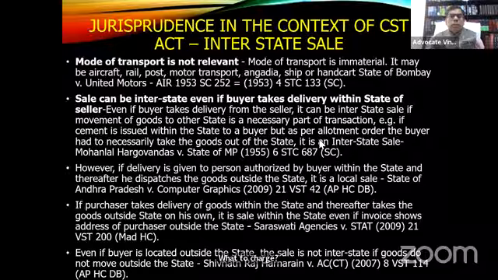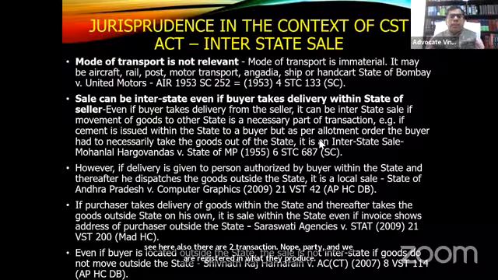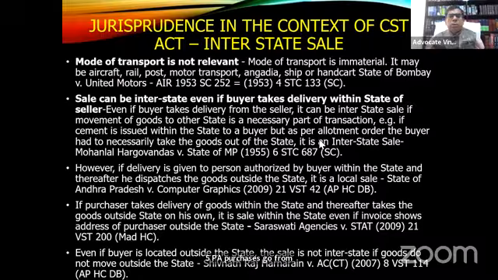You see, here also there are two transactions. Now, party A and B are registered in Madhya Pradesh. Party A purchases goods from party C registered in Rajasthan and gets them delivered in Rajasthan to B. Suppose he gets it directly delivered. So, party C will raise an IGST invoice upon party A because there is an interstate movement by party C to party A.